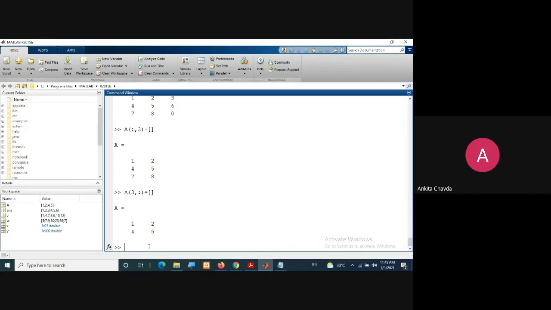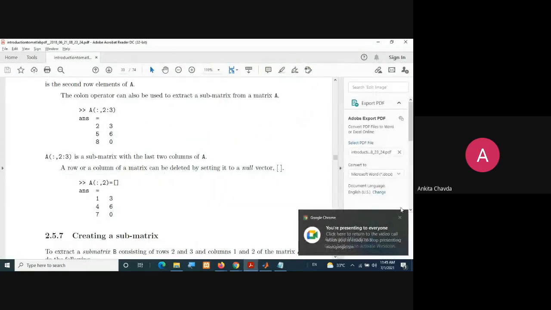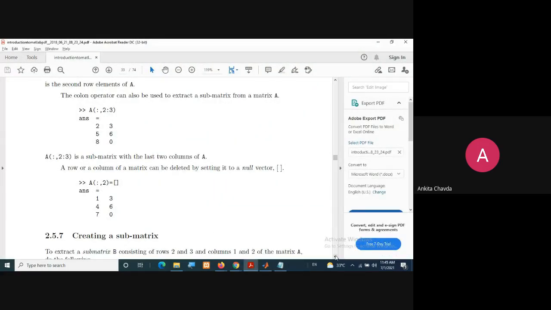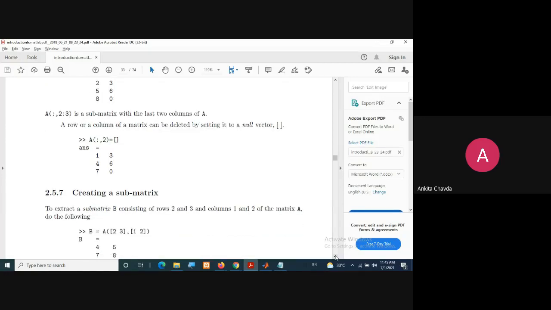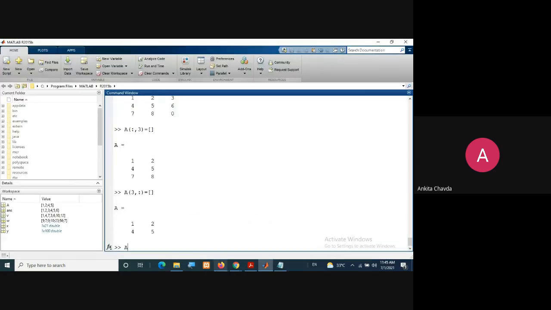Very good. Then you can even create a submatrix in two different ways. One of them we are already doing. Suppose I am restoring my A, I am writing it again. And now I want this 2, 3 and 5, 6.